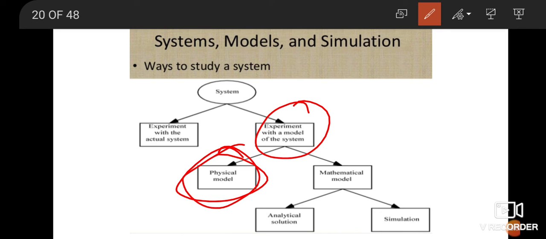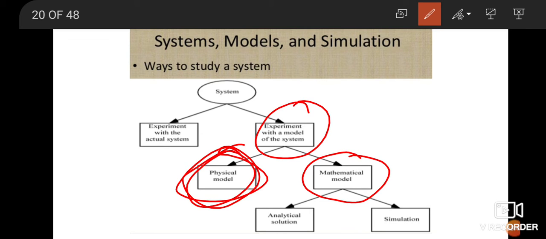So it could be a physical model. For example, you must have seen the boiler. So what we have done, we have prepared the physical model of the boiler. That means they are made up to a particular scale. Now if we actually make it as per the dimensions and the constraints, and you actually run experiments on it, you bring some coal, you fire it, and then you create the steam out of it, and that you utilize for electricity generation or so. So that kind of model would be a physical model, wherein you can study from it and you can get the actual readings. Second kind of model is the mathematical model.